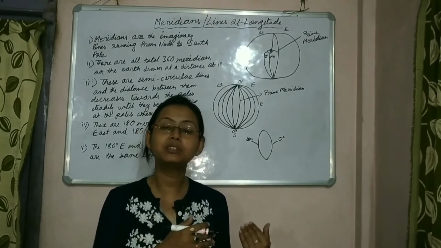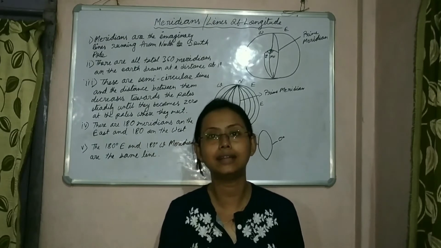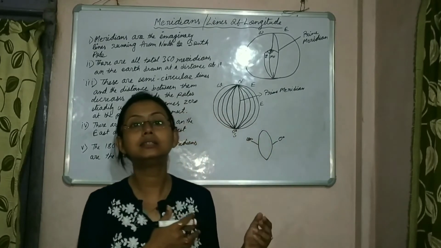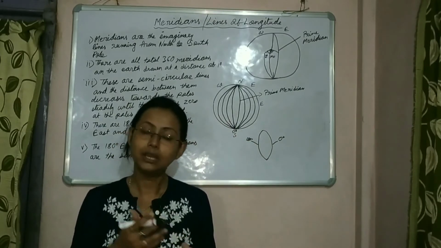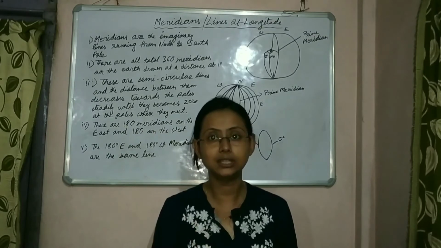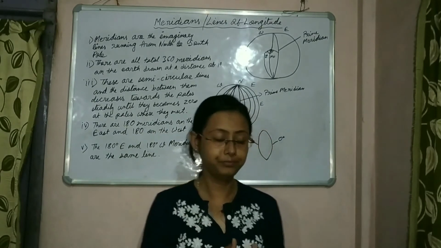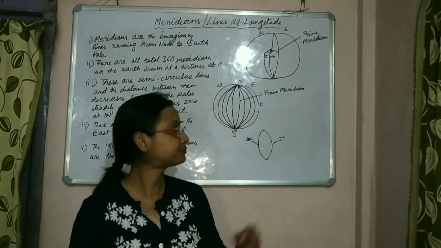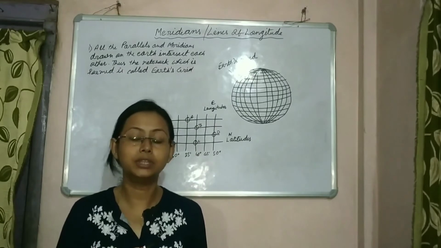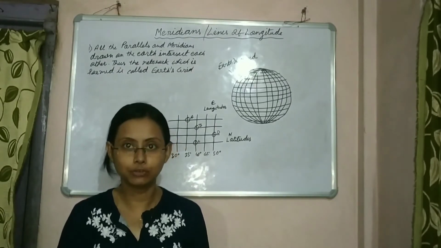Now, the second purpose in the case of meridians is finding out, deciding the time. On the basis of these meridians, the earth is divided into 24 time zones. In detail about the time zones as well as the international date line, we will discuss in another video. Here in this video, we will stick to the concept of finding out the location only. Now, let's see how with the help of parallels and meridians, we can find out the location of a place.